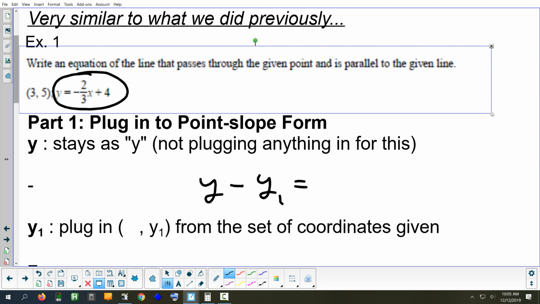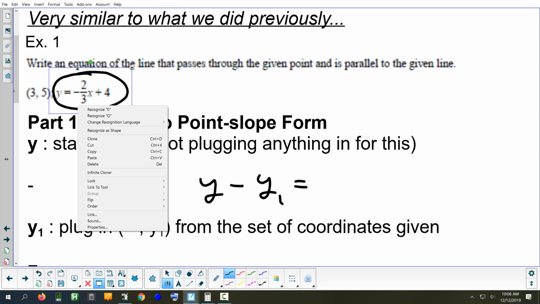Yep. I have to have the same. Same. The slopes are going to be what? We just said it. Two parallel lines have what kind of slopes? Same slopes. So if this line has a slope of negative 2/3, and I'm looking for one parallel to that, then the one parallel is going to have a slope of,